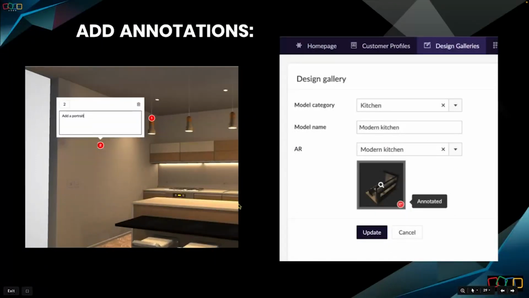Then comes annotations. Annotations on a 3D model are basically visual markers or notes that provide additional information, context, or instructions about specific parts or features of the model. They basically serve as labels, arrows, or text overlays attached to the relevant areas of the 3D model. Annotations help users understand and interact with the model more effectively, whether it's for educational purposes, design collaboration, or technical